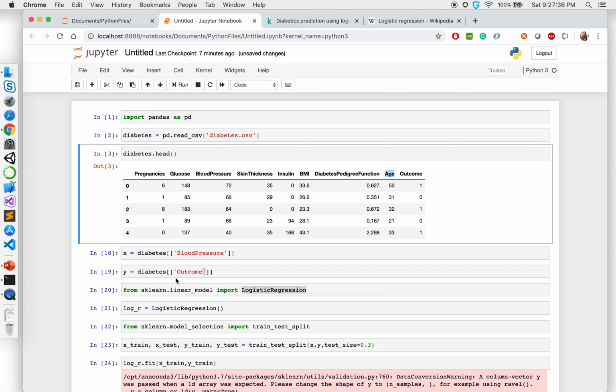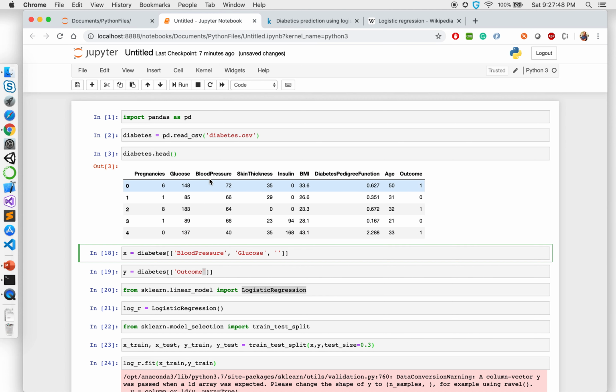Or what you can do is add a bunch of different values together. I can say I want blood pressure, I want glucose, and these are all different variables. If you have these symptoms, you know that person has a high chance of having diabetes, depending on how high the number is.